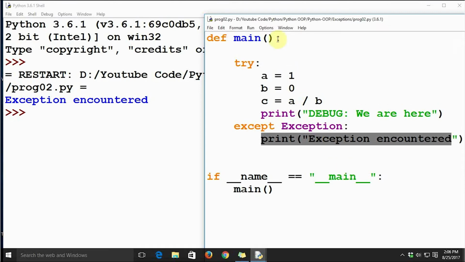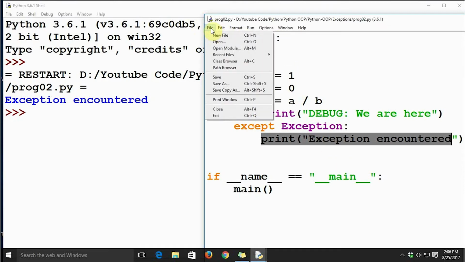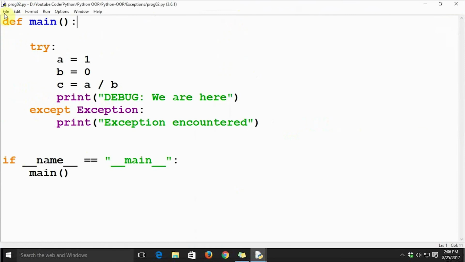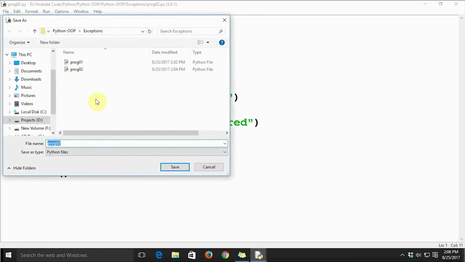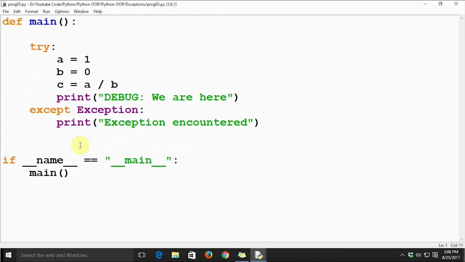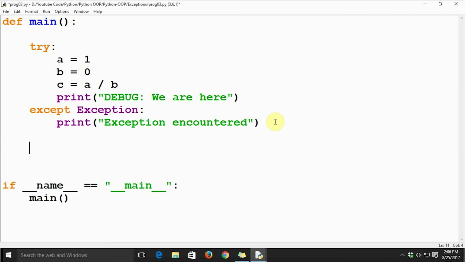Now let's see what happens when we write something outside the try and except block. Let's save it as another piece of code so that we can have the earlier code for reference. This is the except block, and this is the entire try and except structure.